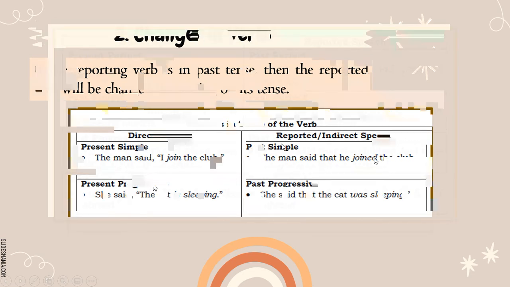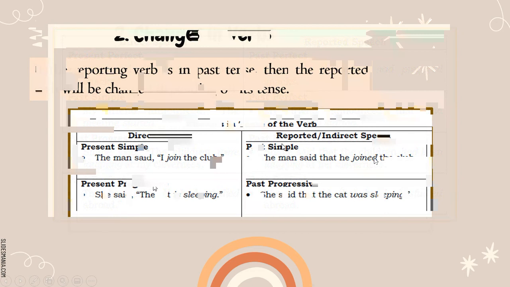Okay, that is true if your direct speech is in the present perfect and you want to change it to reported speech. In that case, your tense of your verb shall be from present going to past perfect.